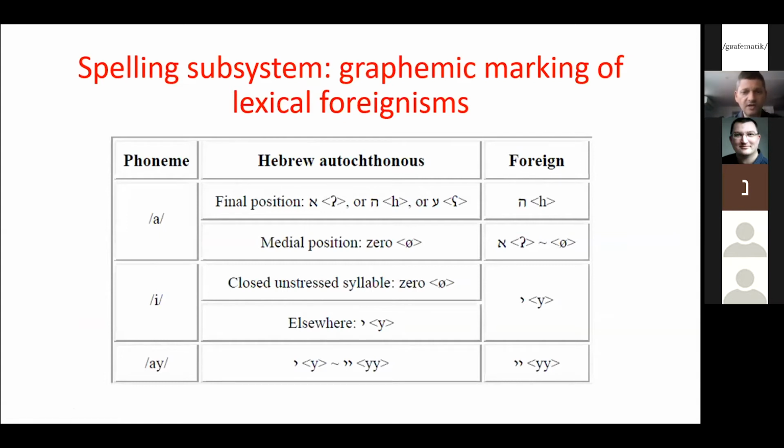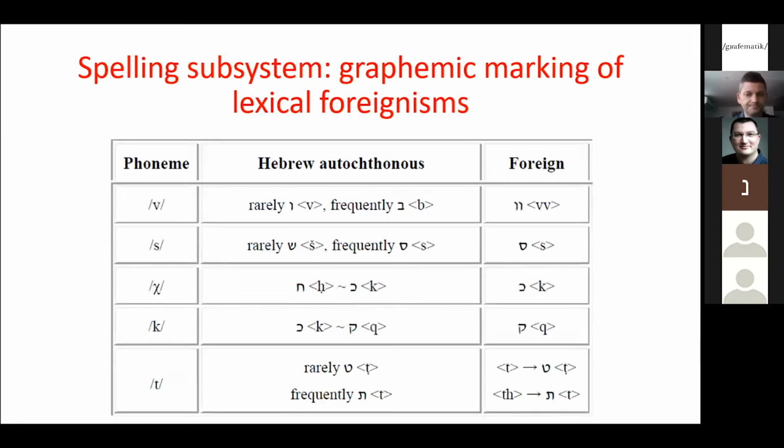So for autochthonous vocabulary, Hebrew goes on using the traditional spelling, which makes Hebrew, of course, as Seba just said, a deep orthography. This is the case of traditional Hebrew. Now, foreign words are spelled much more phonemically, in a much less complex manner. So we have different graphemic treatments for different phonemes, be they based on whether they are autochthonous or foreign, mostly